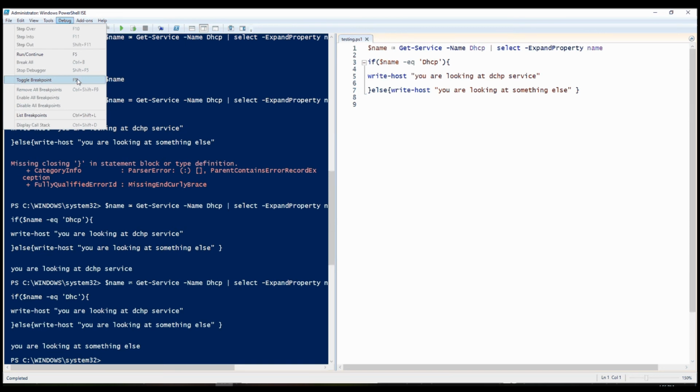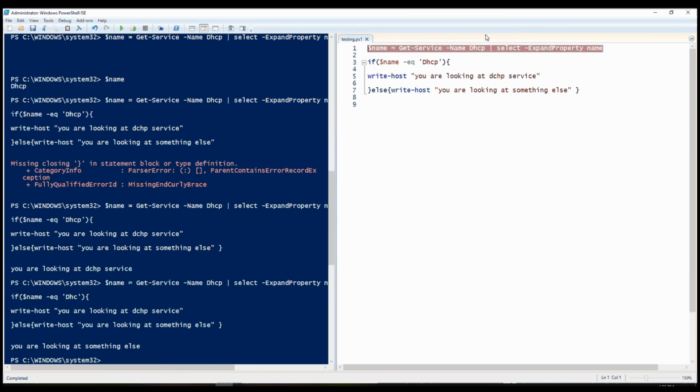So what is a breakpoint? A breakpoint is something up to which our script is to be executed. In other words, I want my script to be executed till the point where the breakpoint has been set. And once the script execution reaches the breakpoint, it pauses for input. So if we click on continue, then only the script continues. And if we do so like this, the problems in the script can be